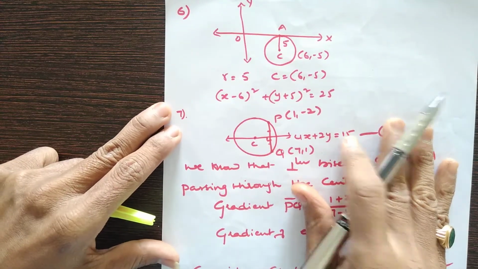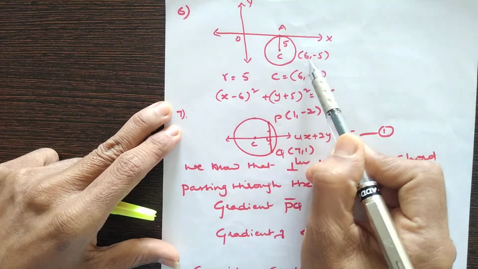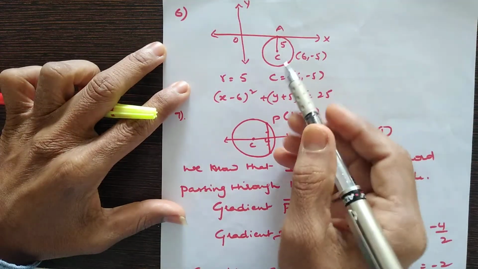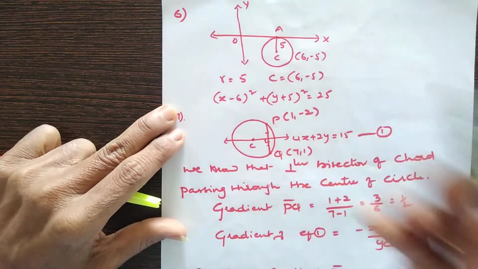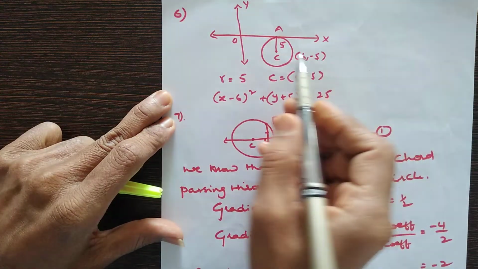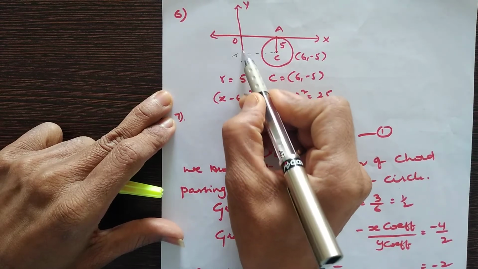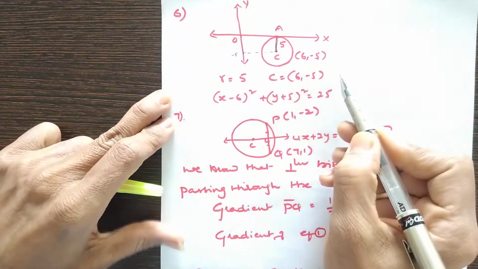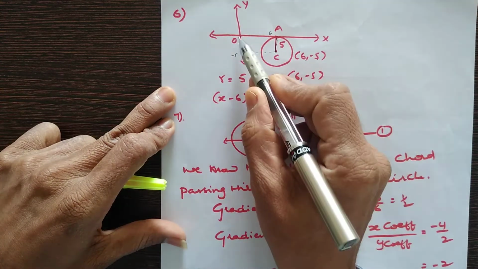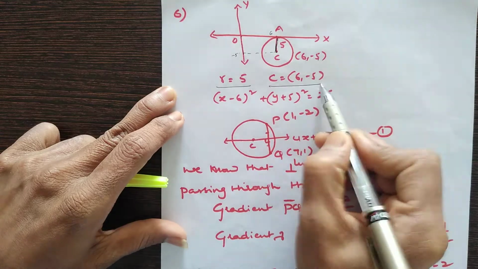See here, I am drawing the diagram, this rough diagram. It touches the x-axis, okay, and whose center is 6 comma minus 5. 6 comma minus 5 lies in the 4th quadrant, so I have drawn it downwards below the x-axis. Okay, now see here, before this I would like to explain. This is minus 5, from here to here, 5 units only, right? This is 6. From here to here the distance will be 5, so the radius will be 5, and the center is already given as 6 comma minus 5.